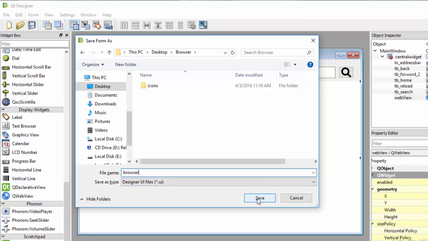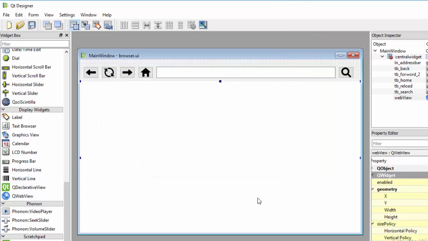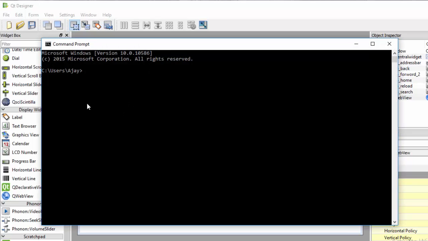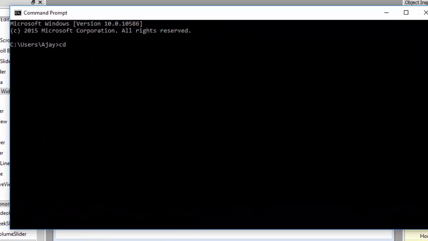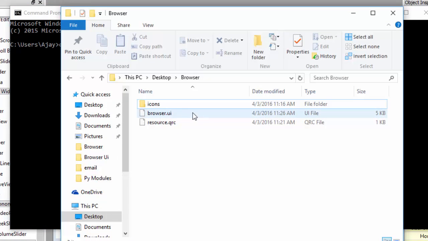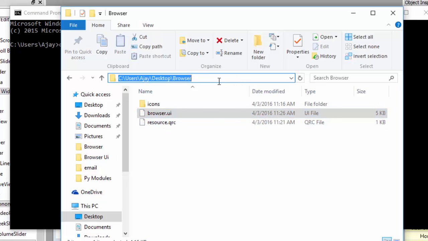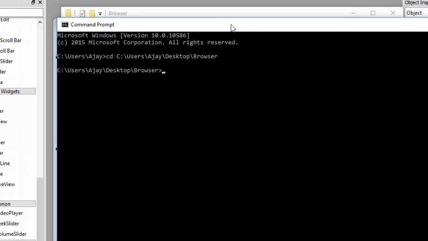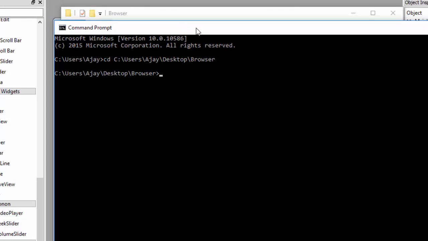Although, I am showing you how to convert, so simply save that file. Now open cmd, the command prompt, cd, and go to that address. This is the folder where my UI file is. So paste it and press enter. Now you have to use a command for converting.